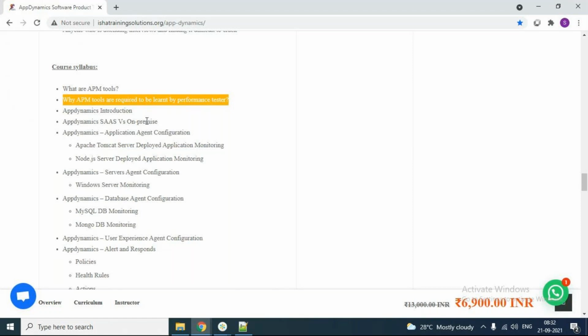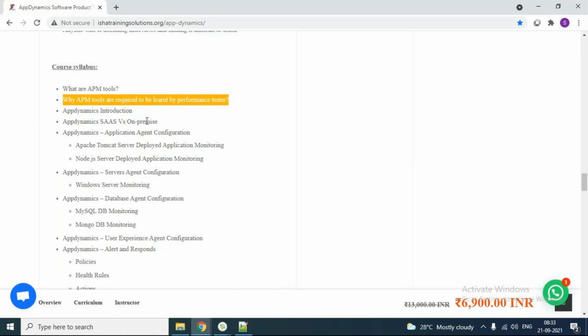I told you application level monitoring, infrastructure level monitoring, database level monitoring, different examples, right? So you can use this capability for different work activities.